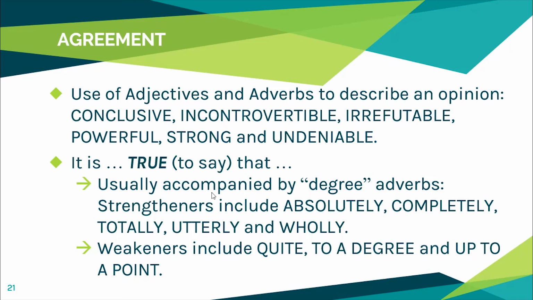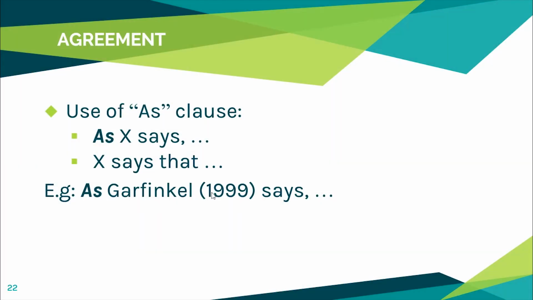And weakeners include quite, to a degree, and up to a point, which means that you quite agree with the author, but you still have some doubt. So you don't agree 100%. You could use some weakeners to accompany your adjective. And finally, for the agreement part, you could use an as clause, because when you say